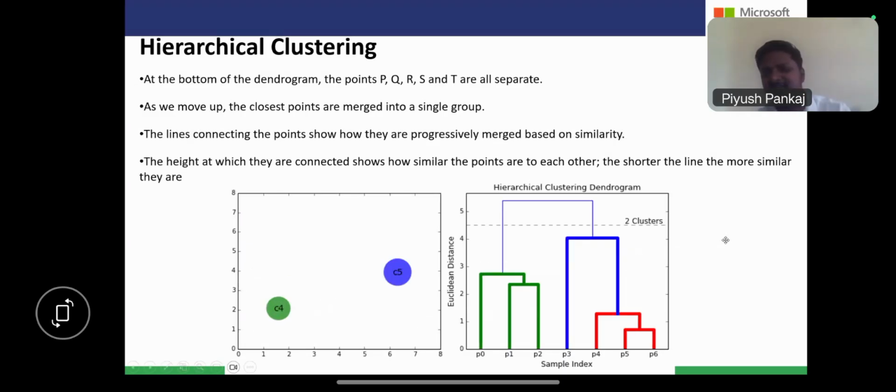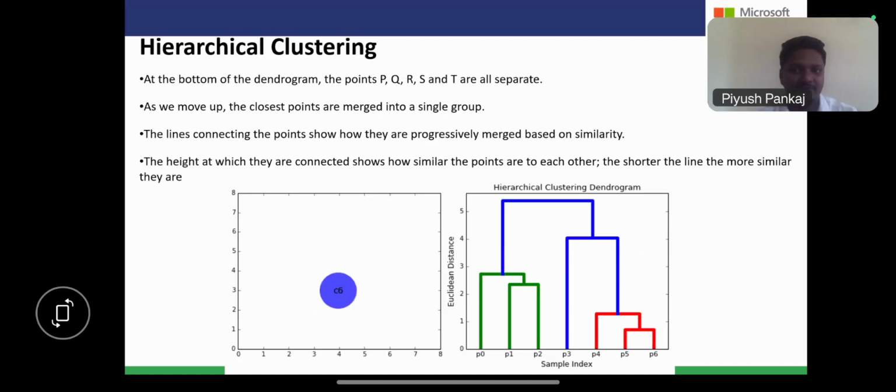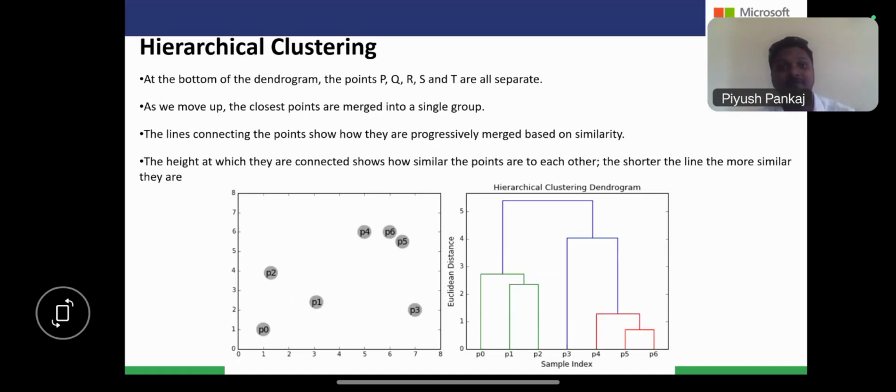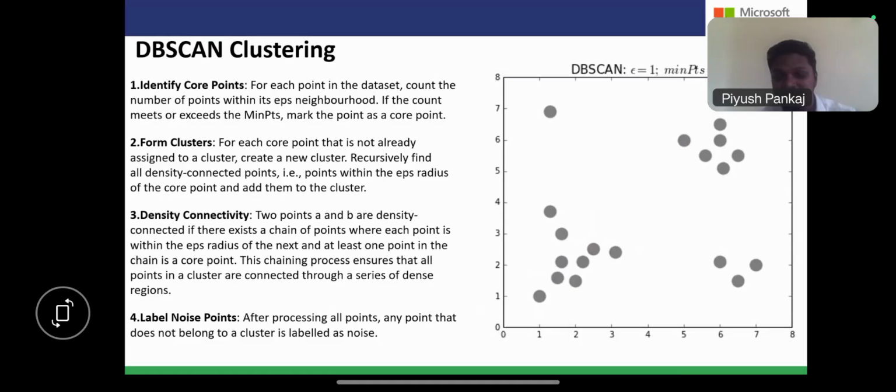I haven't seen anyone using hierarchical clustering. You will find people using K-means. You will find people using this algorithm called DBScan. DBScan is also one of the powerful algorithms, and DBScan stands for